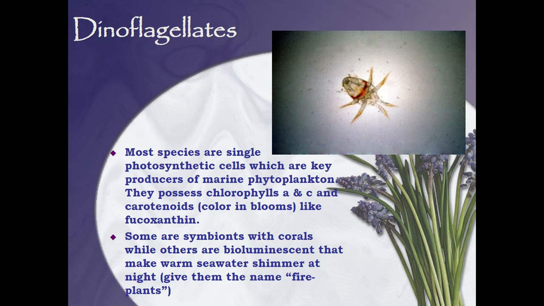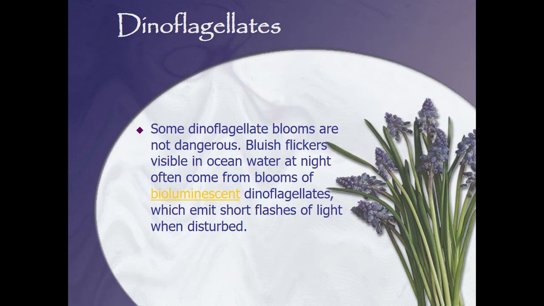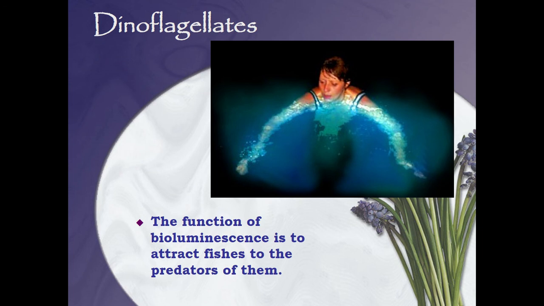So this is the structure of the dinoflagellates. Usually they possess chlorophyll A and also chlorophyll C and also carotenoids like fucoxanthin. Okay, so examples of the functions of the dinoflagellates is in bioluminescence, in which it is used to attract fishes